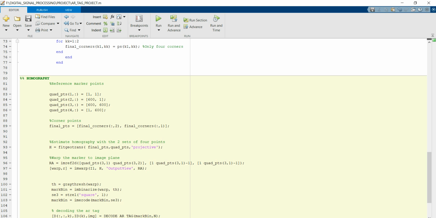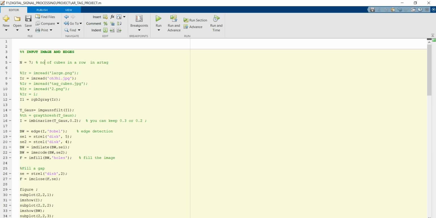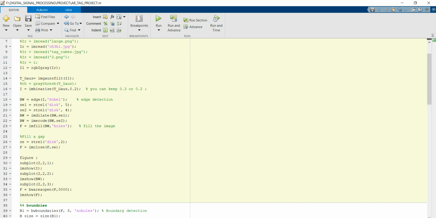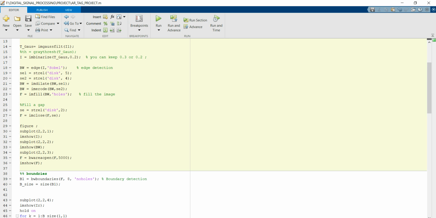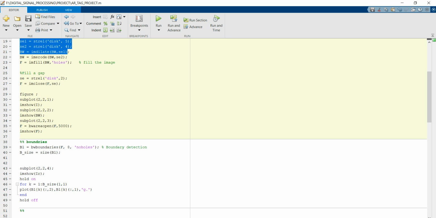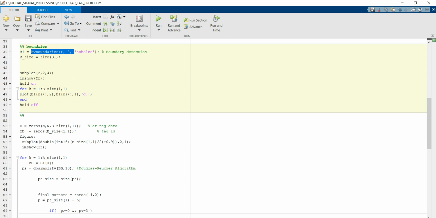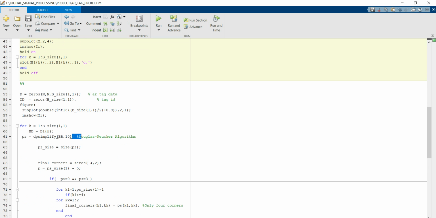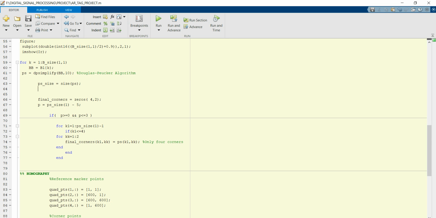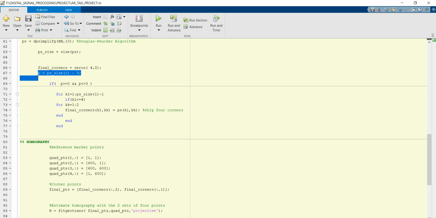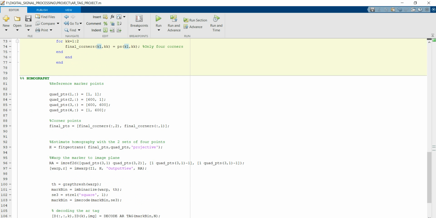And here comes the code of the AI tag detection algorithm. This is the RGB input which we are giving, and this is the Gaussian blur function, and here is the Sobel edge detection, and here we are filling the image, and here the bwboundaries function gives the boundaries, and here is the Douglas-Peucker algorithm, which determines the edges of the corresponding function, and here are the final coordinates, which are stored in the final corners, and these corners we are feeding into